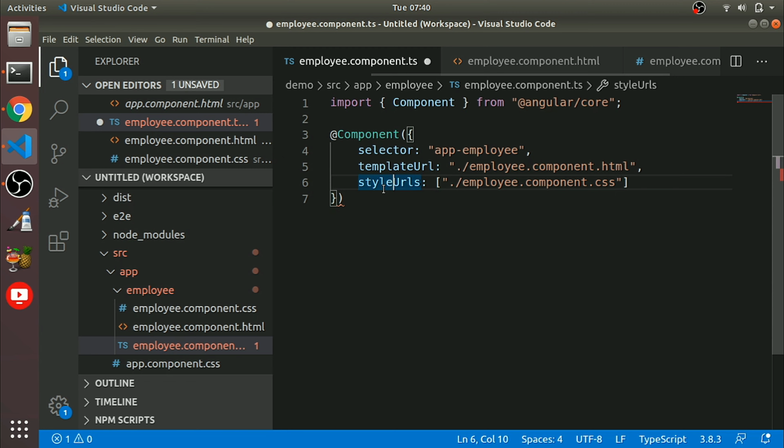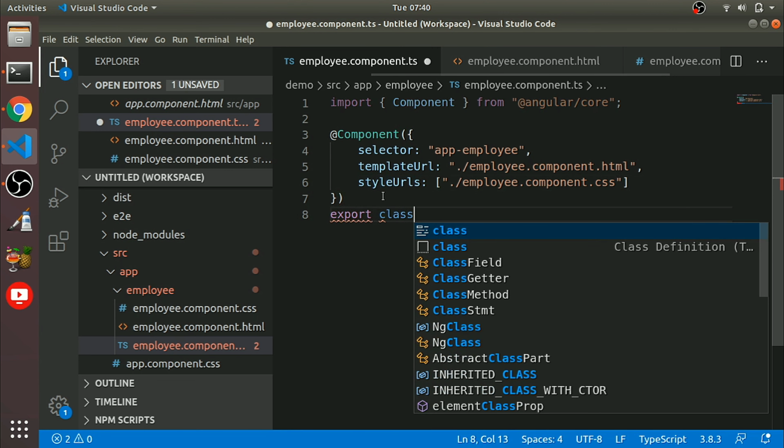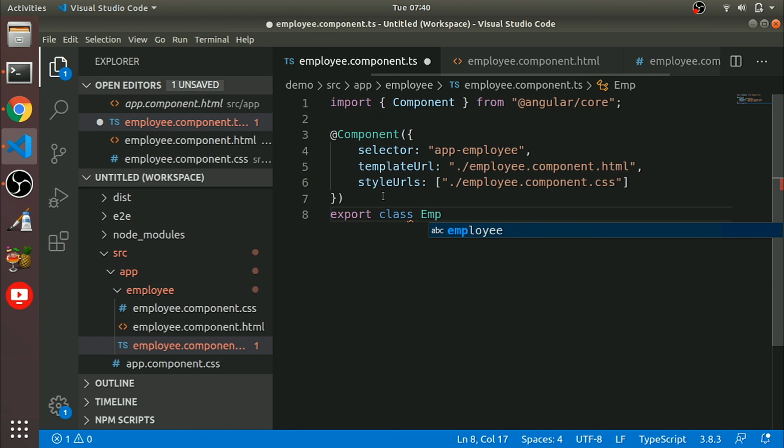Okay, next we need to export class EmployeeComponent. The class name will be like this, feature name followed by Component. That's it.